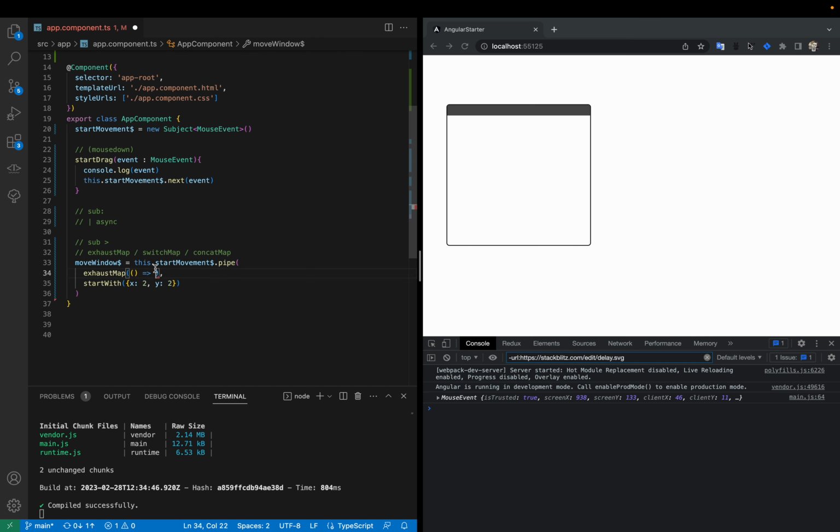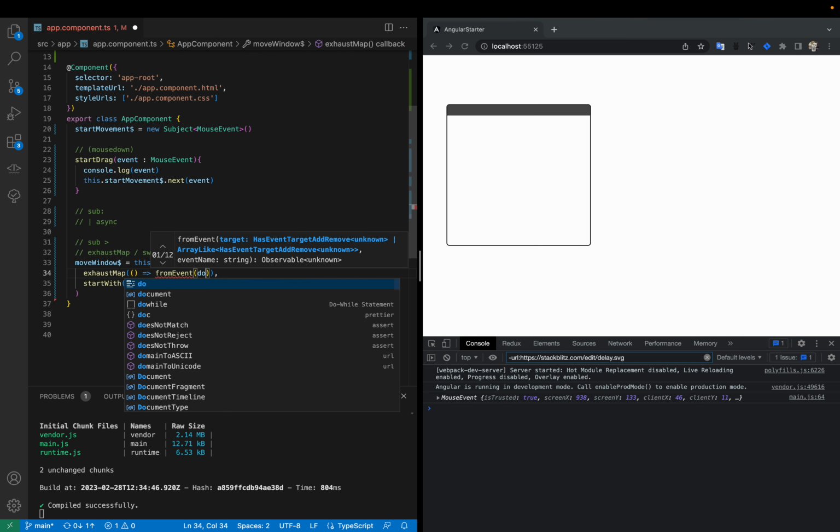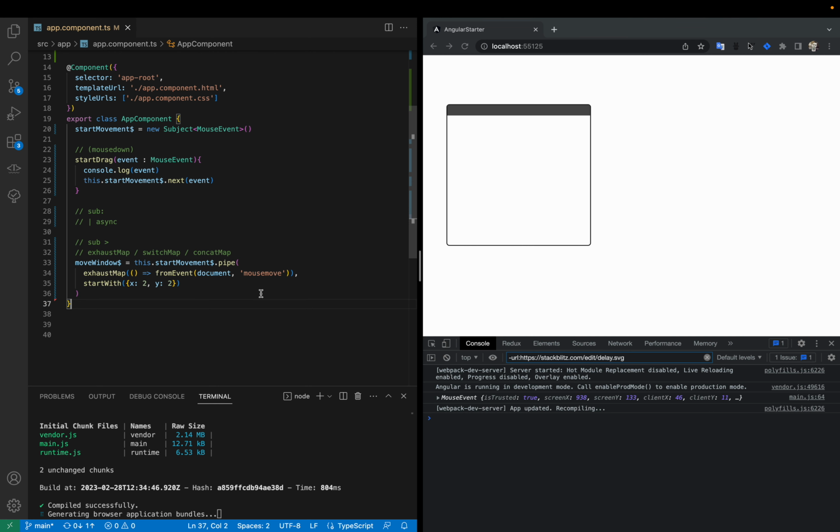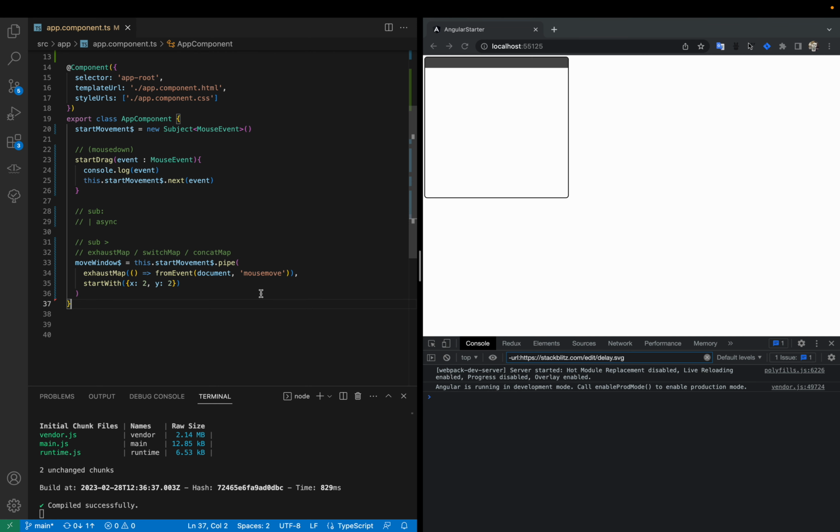So we'll come back to the state where we have the fromEvent on the document, and then we'll take the mouse moves again, right? So now we replace this. So we'll still have the startWith, and we have not yet subscribed to the fromEvent because we are not entering the exhaustMap yet. That only happens with the start movement. So if we do that,